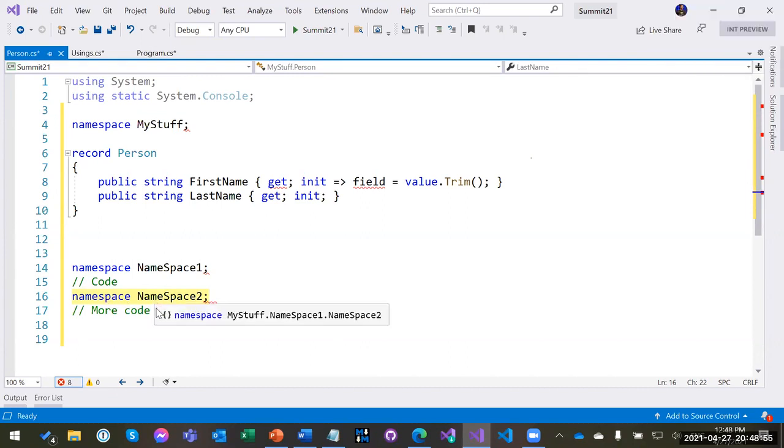Why not drop the namespace altogether, and just have it based on the assembly name and the folder structure? And if you want to change it, only then have it declared. I think that's also a very interesting avenue. Can we take the namespace stuff all the way out of the files as well, just like we did with the usings, and put it somewhere central, or have it inferred, or have a mechanism for that? That's definitely on the table, but we don't have concrete plans here yet. I suspect we'll be looking at some of that again in the C# 11 timeframe.